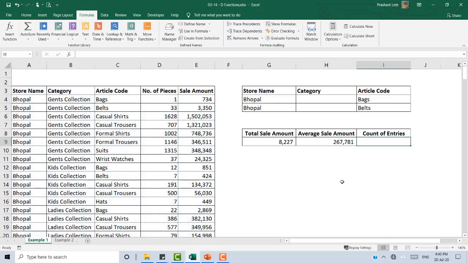Similarly we can count also, equal to DCOUNT, database is data, then field is, now since we are just counting the rows, you can select any field. So I am selecting this field, store name, and my criteria is again, say I'll just select these two. So I'll get the count of all the bags and belts in the total database, okay, enter.